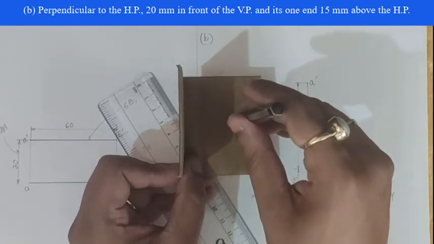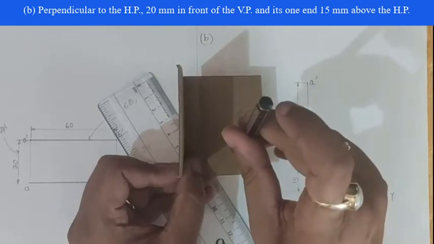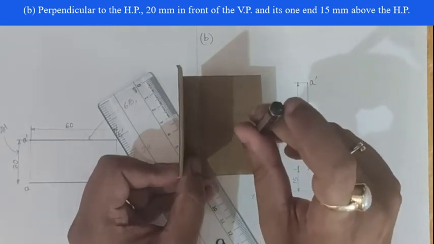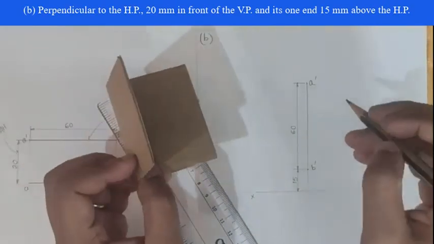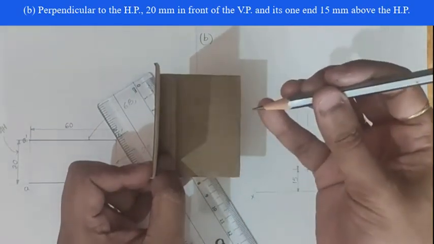So your top view will be what? Your top view will only be a point. And kuntu point dekha pai asu? If this is your point A, see, we have marked here A point at the top. So here also you will be having A point here, B point here.